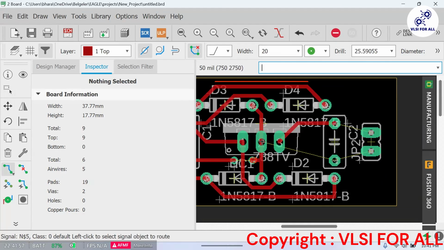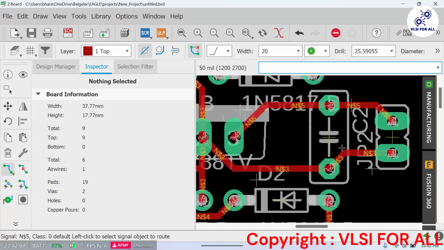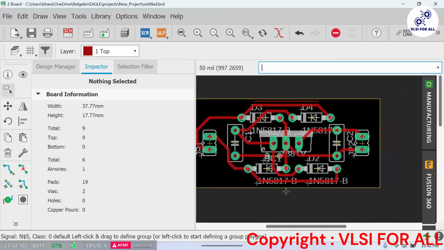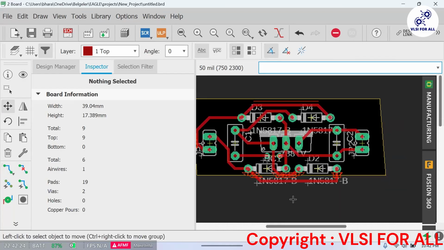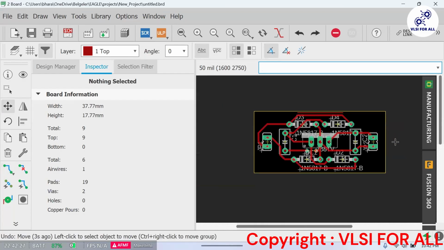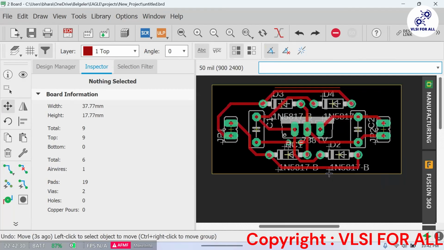Now if I come to this end, then I will go for this one from here to here. I will come here, and again go here. Now if I look, all the connections seem to be fine for this point. I will just drag it a little bit below. After this is done, you can see our routing is completely done. So this is how we did the routing manually. This is the manual routing of our PCB.